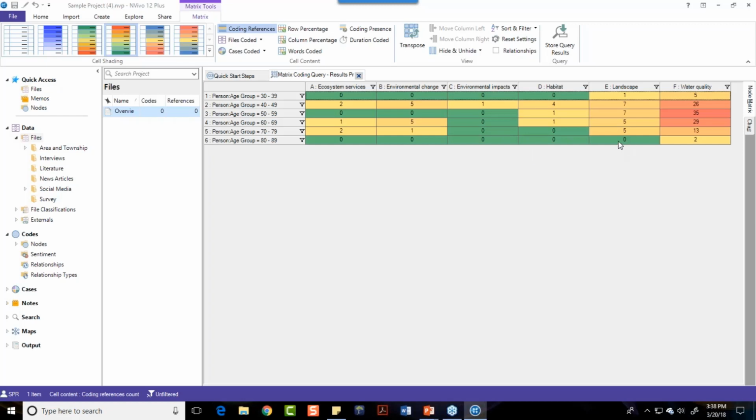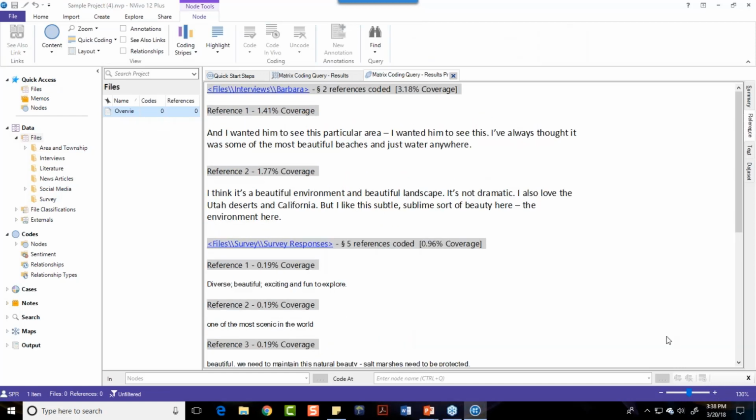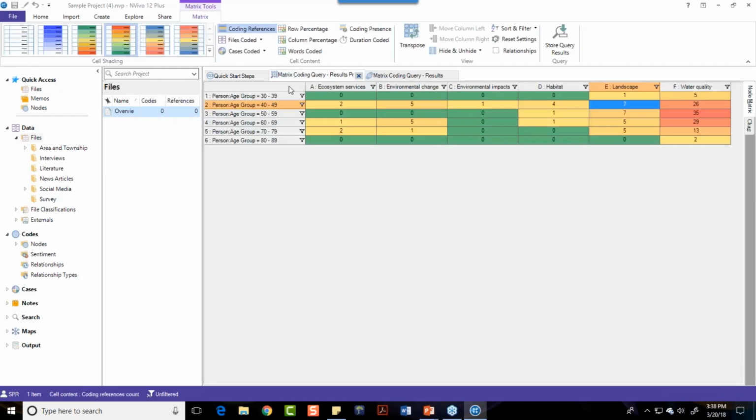And as with any of my matrices, I can double click on a cell and be able to see the information behind the number. And I have to say, for myself as a qualitative researcher, this was really important to me because I never wanted to be separated from my data. I always wanted to be able to get back and see my data